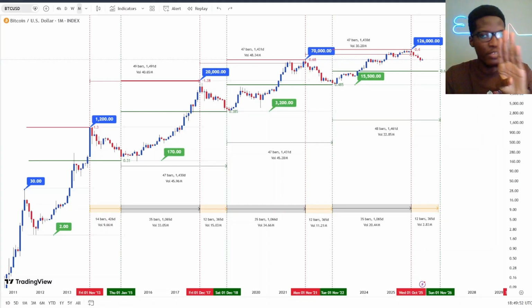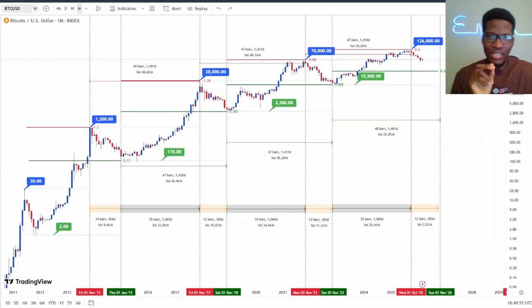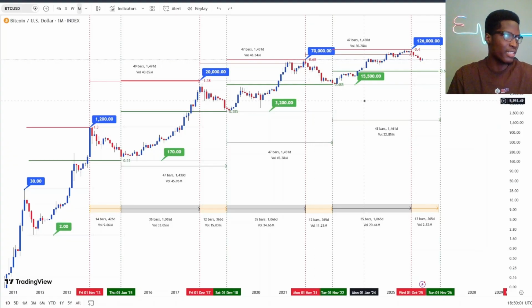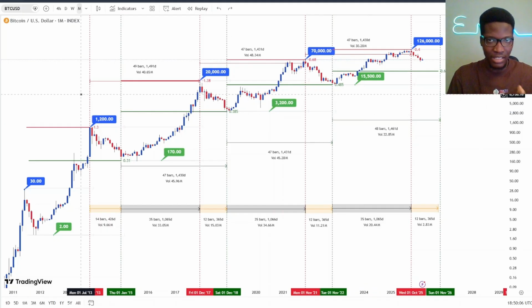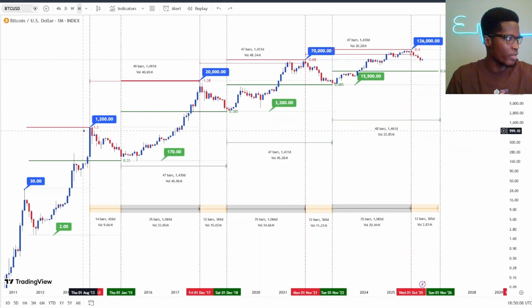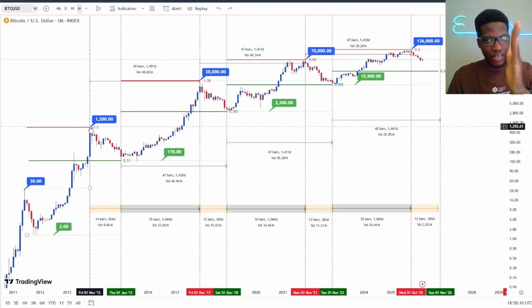So I had 4 reasons why I entered the Bitcoin USD short. First reason is the 4-year cycle. This is the 4-year cycle. Why 4-year cycle? Some say because of the halving, which occurs every 4 years. But looking at the chart alone, you can see the peaks always happen every 4 years.